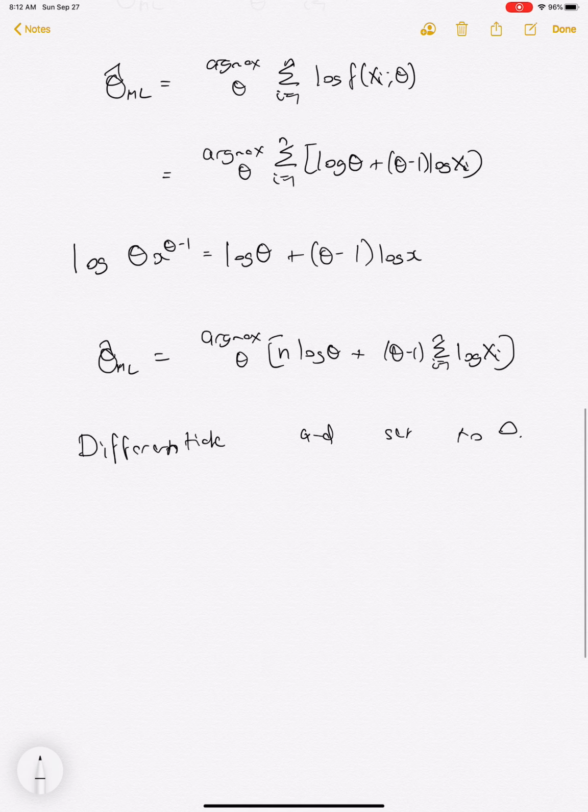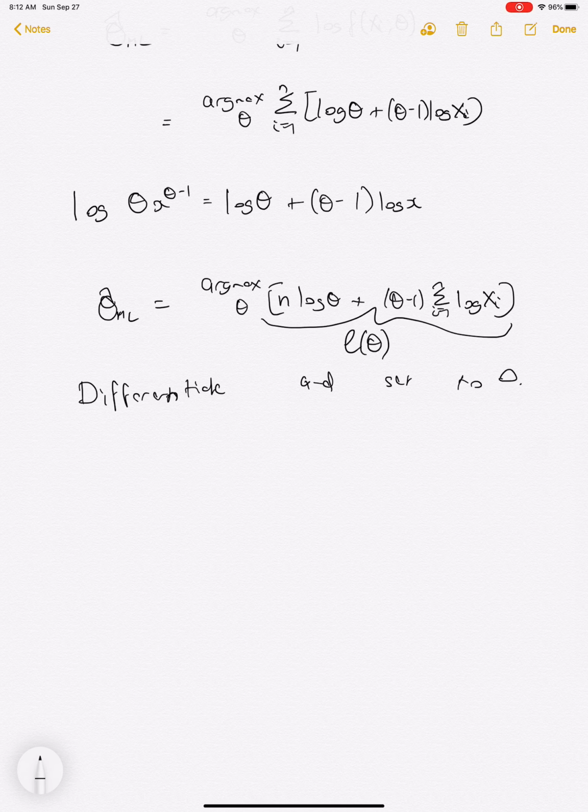So if we take the derivative, let's call this our likelihood function, L of theta. If you take dL of theta hat ML over d theta equals 0, that's just saying if you take the derivative of that and set it to 0, and when you plug in